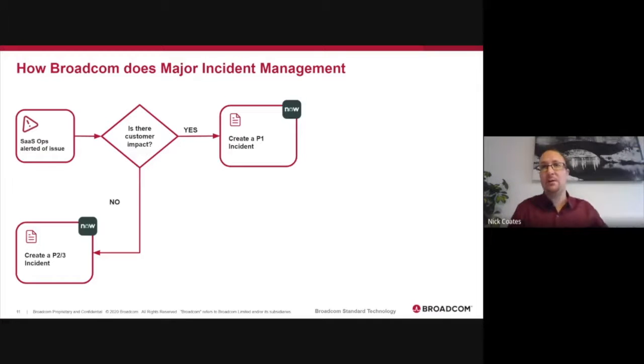Now, if there is a customer impact, i.e. it's impacting more than X amount of customers, or we're seeing huge delays in processing, to us that will be a priority 1 incident. The teams have built an incident classification matrix of statements and symptoms that says, if X equals this, then it's a priority 1 incident. That will trigger our major incident managers to jump onto the incident,